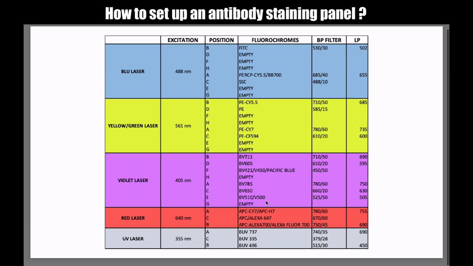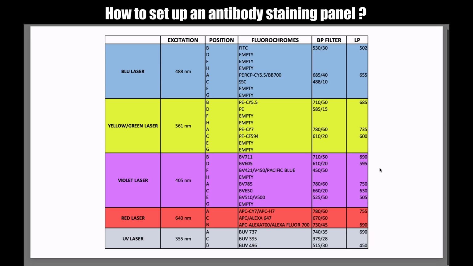So first of all, check the markers and the fluorochromes. For all the markers you have, check all the fluorochromes you have, and then you will be able to build an antibody staining panel. So take all of this into consideration. So at the end of this, this is what I do. I use SpectraViewer from Thermo Fisher, and I always check my instrument. That is important to say that you can use this antibody staining panel.